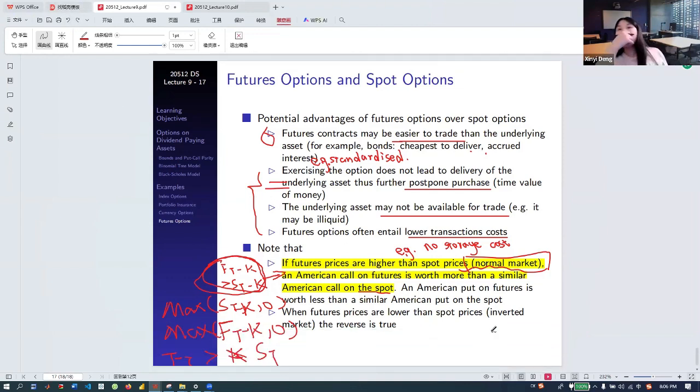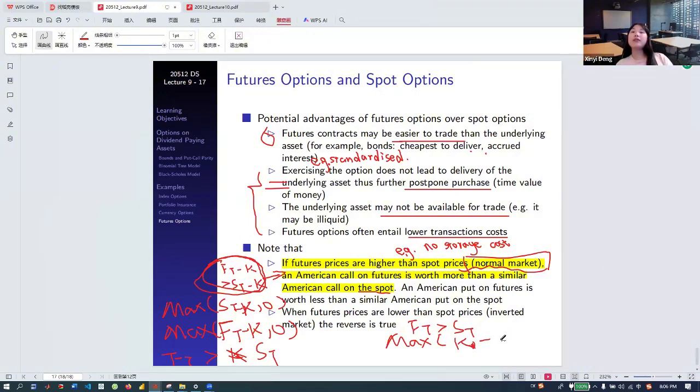If you use similar logic, you can also show that an American put on futures will be worth less than a similar American put on the spot. That's because in the normal market, the first thing we know is that FT is greater than ST, right? That's the definition of a normal market. Now for the American put, the payoff you have would be the maximum of K minus